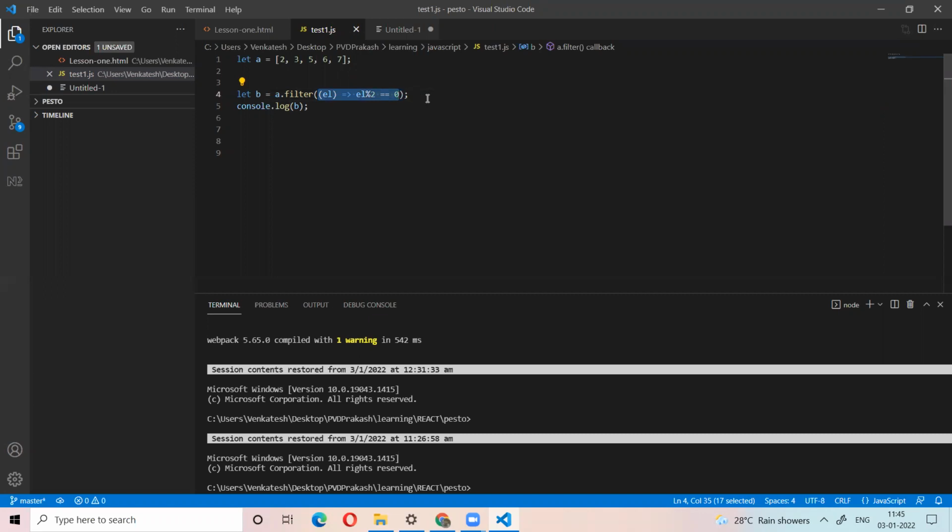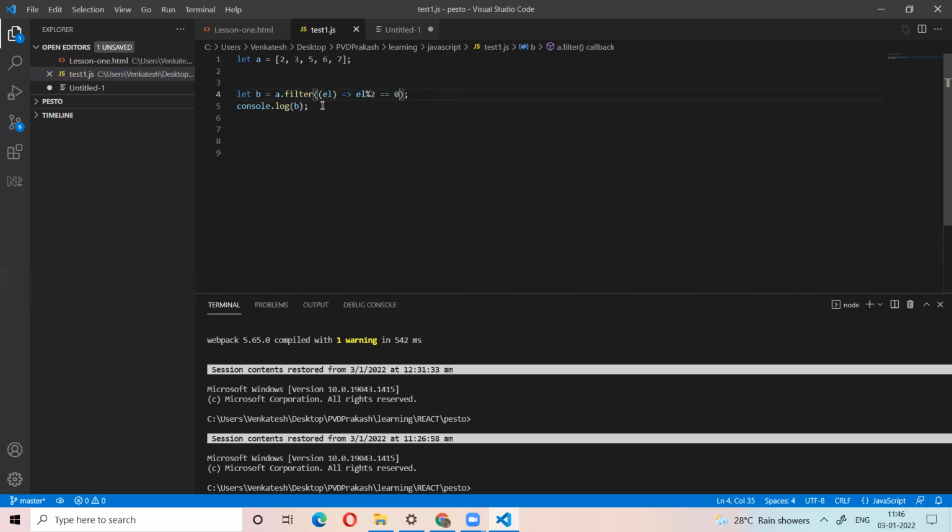You understand, right? So at this point, we don't need the return statement. If you write a single line arrow function, you don't need the return statement. If you use the curly brackets, it can contain multiple statements, but here only one statement is there. So that's why.